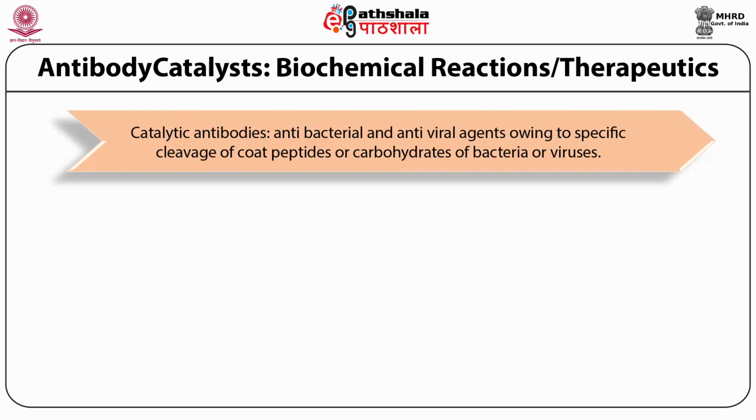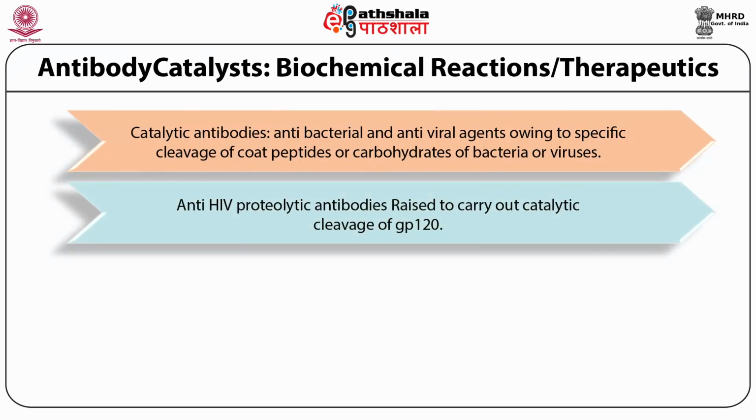So the catalytic antibody which can catalyze the cleavage of the coat peptides or carbohydrates can actually lead to the damage or killing of the target pathogens. Anti-HIV proteolytic antibodies, for example, are raised to carry out catalytic cleavage of GP120. It is clear that GP120 is the antigen of HIV which makes the contact with the CD4 cells. So the catalytic antibodies which are capable of targeting GP120 and cleaving it can actually act as the anti-HIV